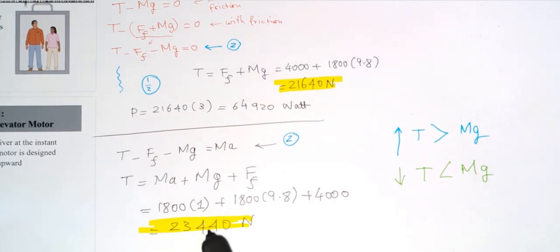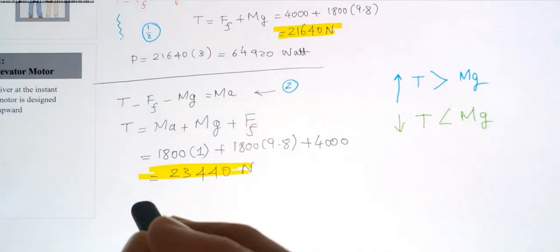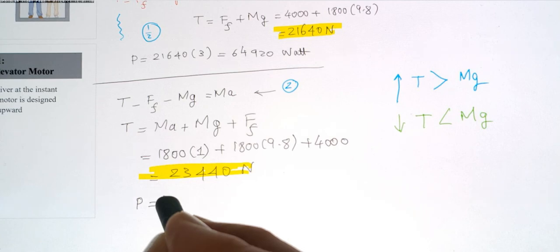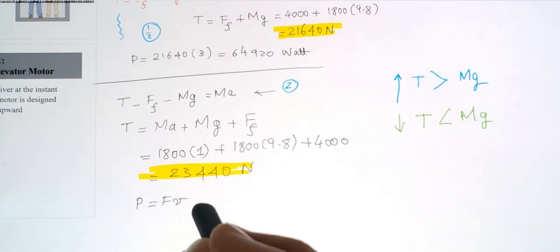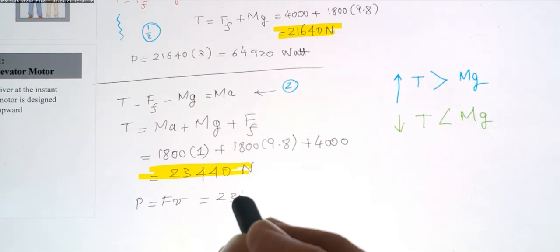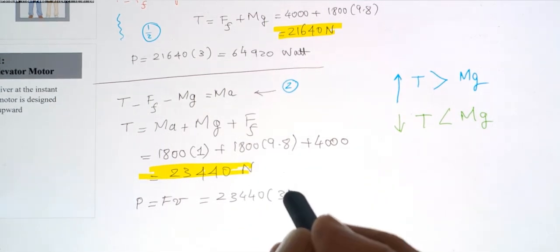The tension is larger and the power is also force multiplied by velocity or speed: 23,440 multiplied by 3, so that is